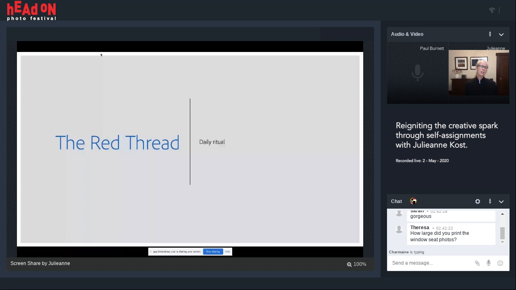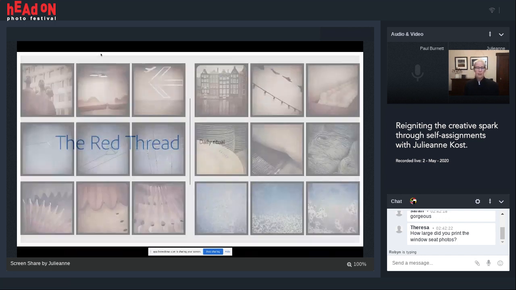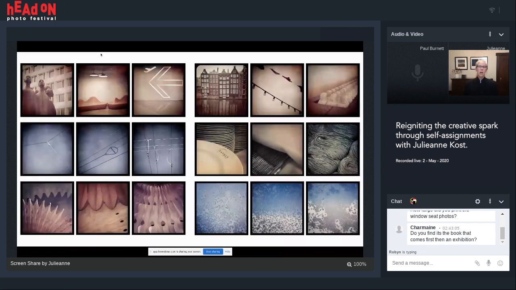Okay. So the last project, the red thread. At the same time I was creating the motion blur images, and actually still even doing the images from the window seat, I realized though that I wasn't taking very many pictures on a regular basis. So if I was traveling somewhere, I was taking a picture, or if I was at a place that was photogenic, I was taking a picture. And being an athlete, that just triggered something in my mind that said, athletes work out every day. They don't work out once a month. They don't work out only when they're playing a game. So I thought I better start taking more pictures. So mobile photography was just starting to grow, right? And I do like to embrace new technologies.